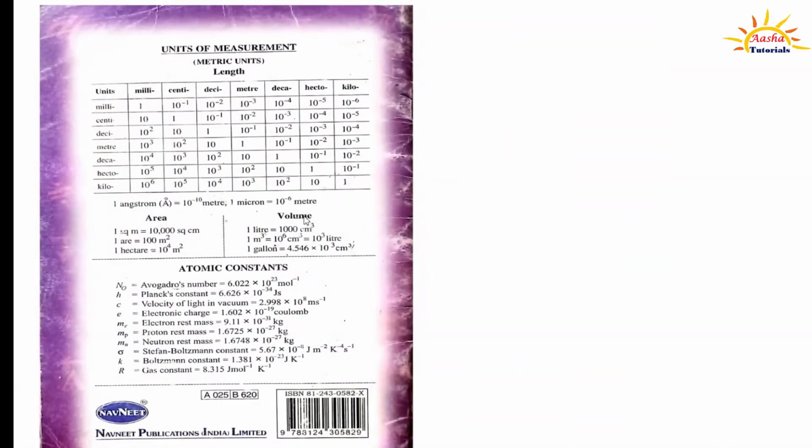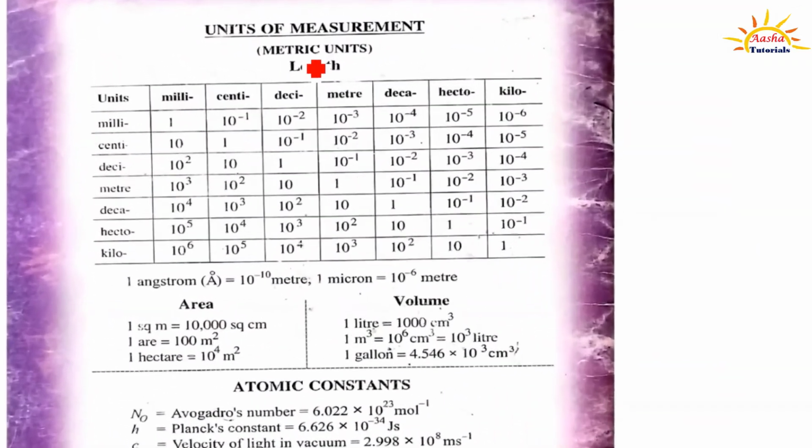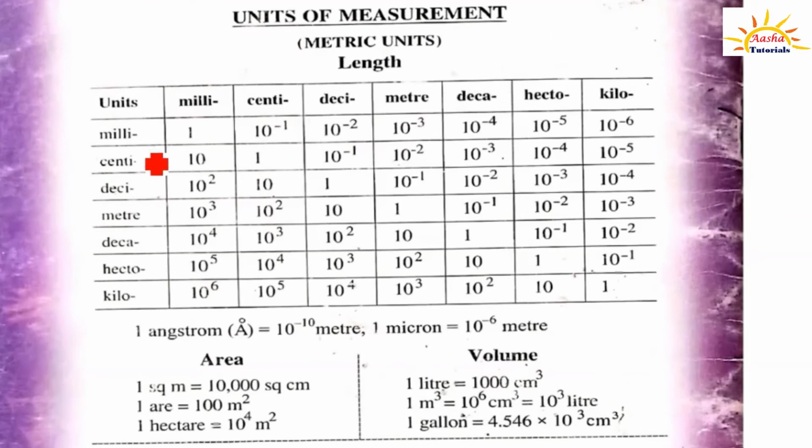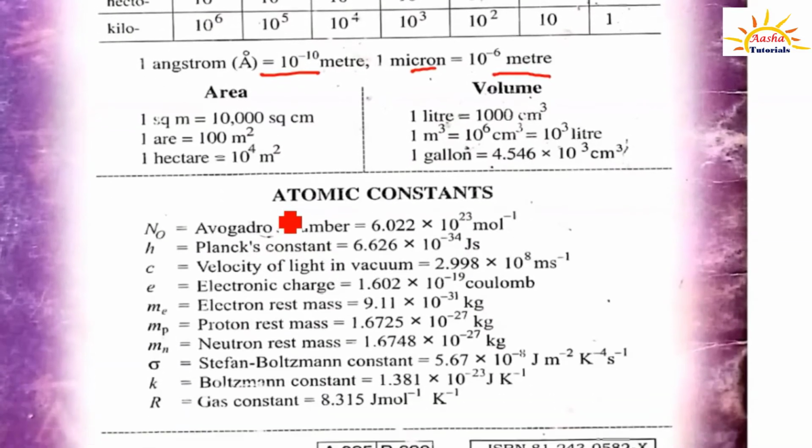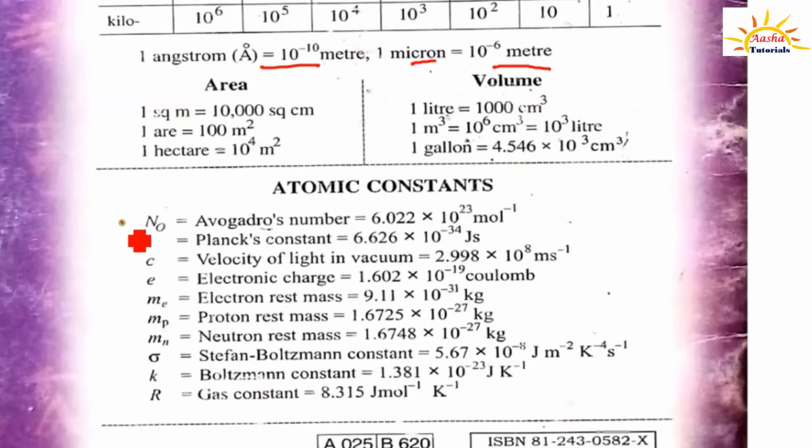So this ends the book, and on the last page you find certain units for measurement, conversion factors like from millimeter to centimeter, centimeter to meter, how you convert them. Values are given: 1 angstrom is 10 raised to minus 10 meter, or a micron is 10 raised to minus 6 meter, and some very important atomic constants. You must remember these constants like Avogadro's number and Planck constant. Regularly those are needed to solve physics problems. So this is the introduction of the log table book.